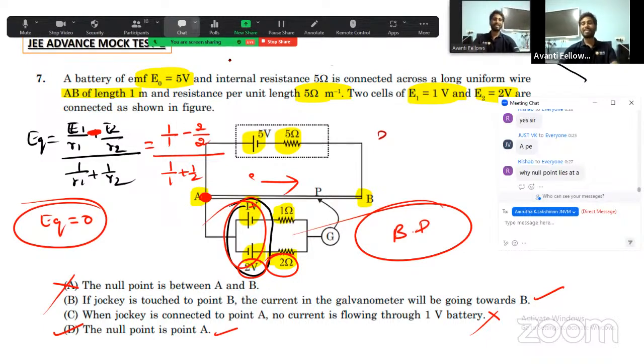अरे यार, नल पॉइंट क्या होता है ब्रो? नल पॉइंट होता है कि नीचे कनेक्ट करते हैं ना बैटरी, उसका वोल्टेज ऊपर वाले सर्किट का वोल्टेज दोनों मैच होने, if these two are matched properly, hence there is no net current flowing in this galvanometer. ये दोनों के बीच में जॉकी है ना, राइट? ये दोनों के बीच में गैल्वेनोमीटर होता है ना, उसके अंदर करंट फ्लो नहीं हो रहा।